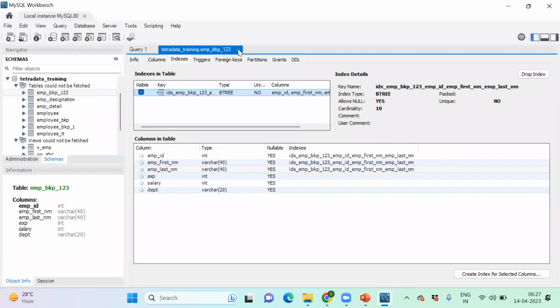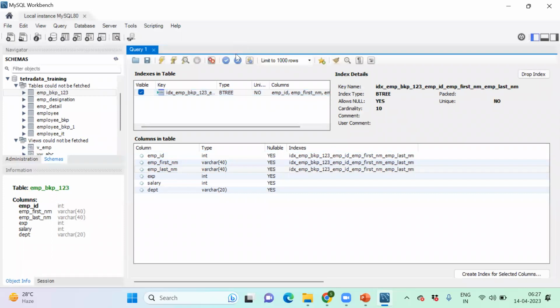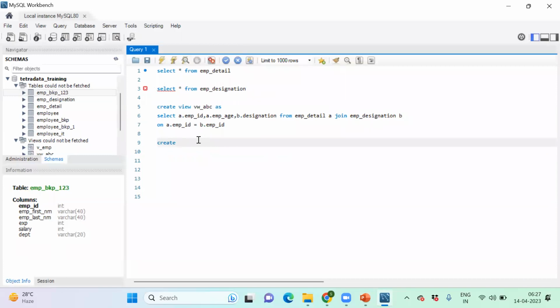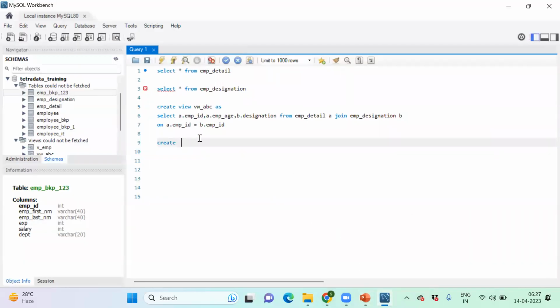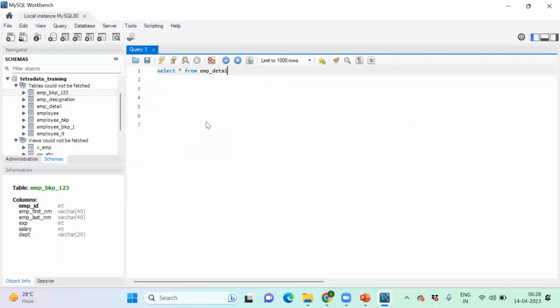You can see it over here. Fine. Okay. So that is called index. When an index is built, it is very useful while fetching a query, because over here